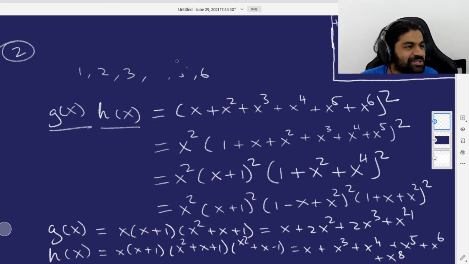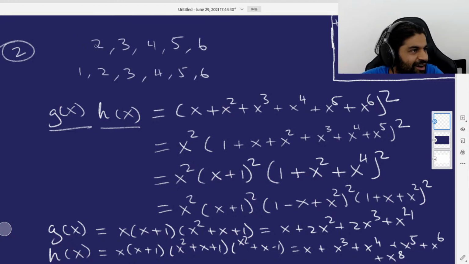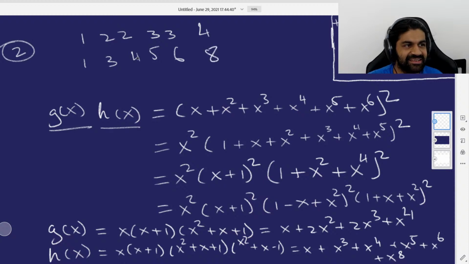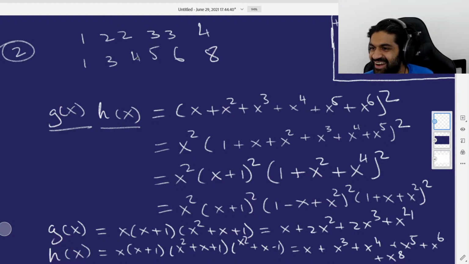So the alternate versions of the dice that'll give you the same totals are, let me write them out. You have the payoff. It's going to be 1, 2, 2, 3, 3, 4, and 1, 3, 4, 5, 6, 8. And there it is. Try it. You get the same,